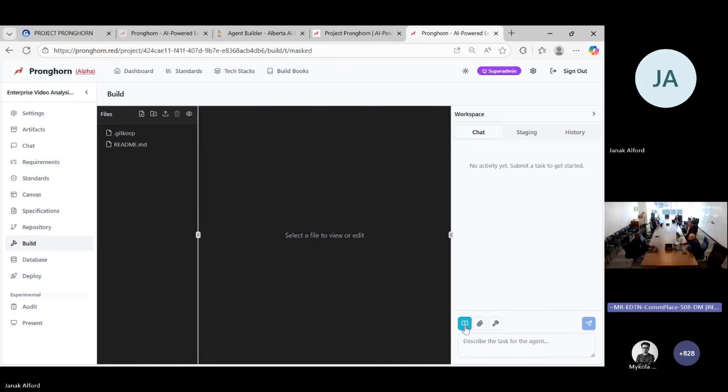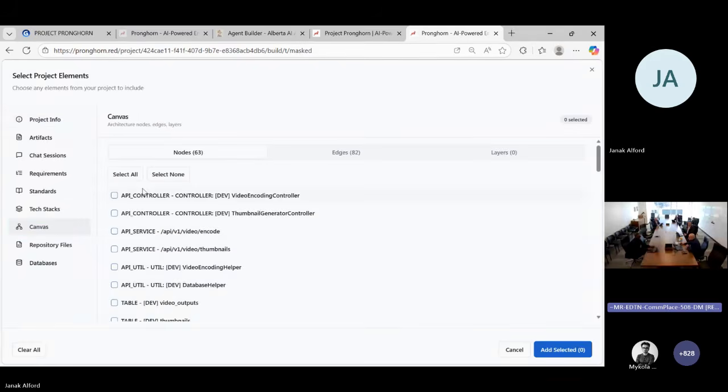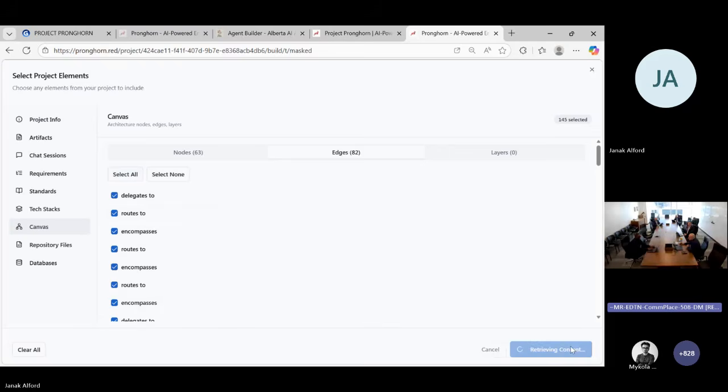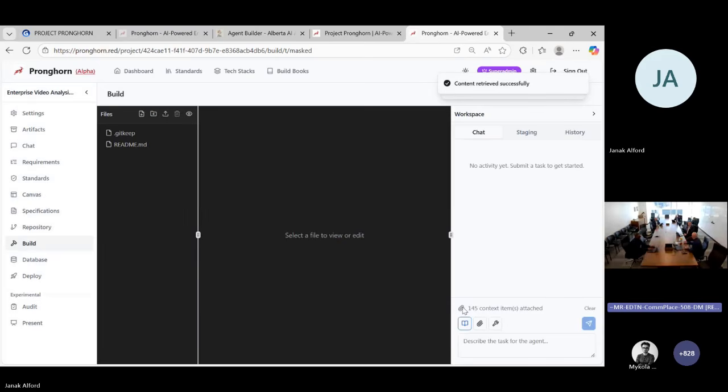So I'm just going to give it the canvas. I'll come in here. I'll attach my canvas. So we have 63 different nodes and 82 different edges. So I'll attach those together. It has 145 different artifact pieces that it has as a starting point, and I can immediately start going into the dev space now and saying, hey, based on what you see in the canvas,